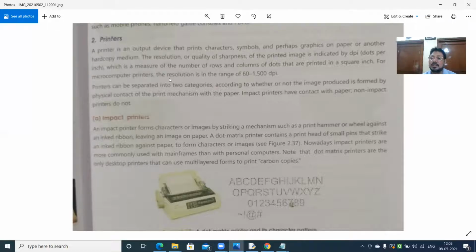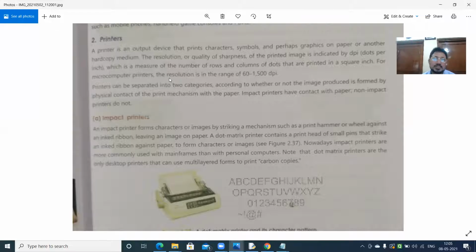That image is drawn and then ink is either sprayed or toner is used, that I will teach you just now. Whereas in an impact printer, the head hits the paper. That is the impact printer. Like in typewriters you have seen, the head hits, then it is printed. If you have to type A, the key has to hit onto that. So in the typewriter, same way, in the impact printer, the head has to hit.